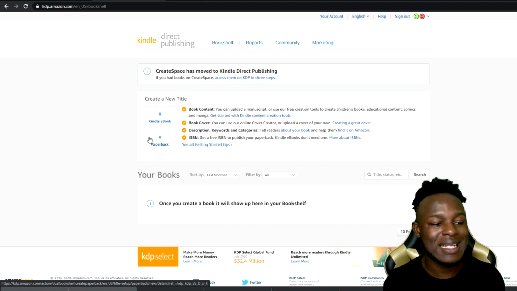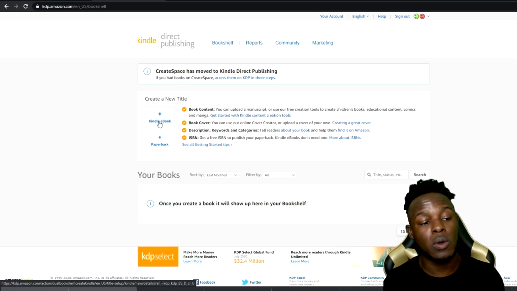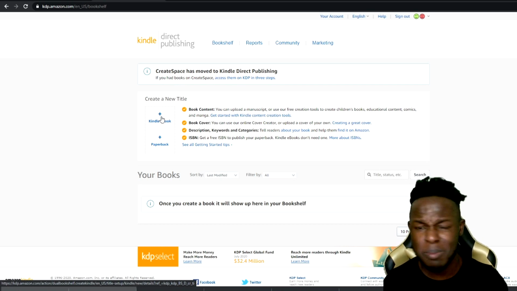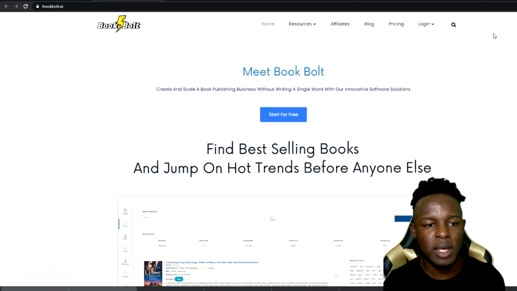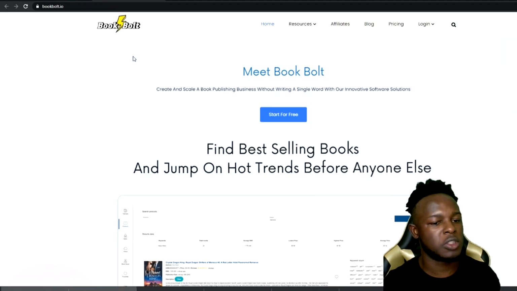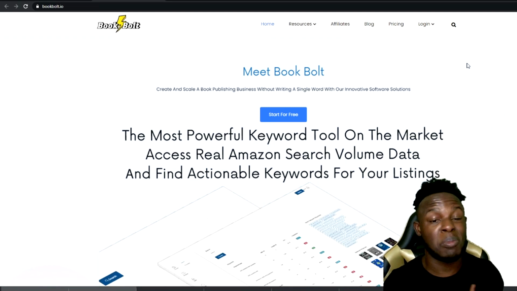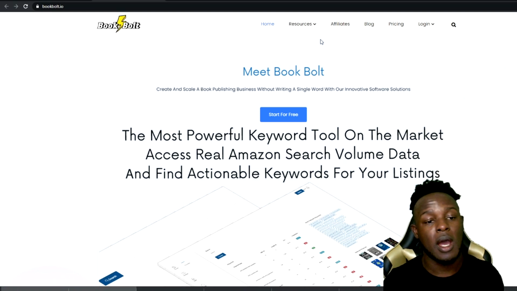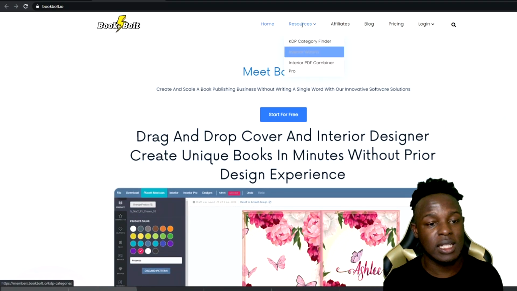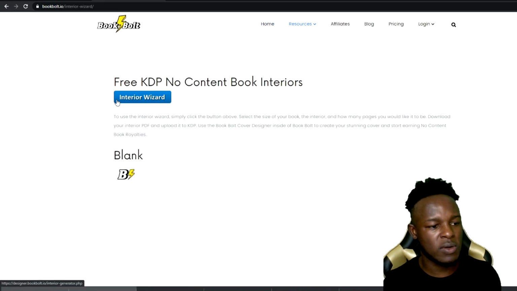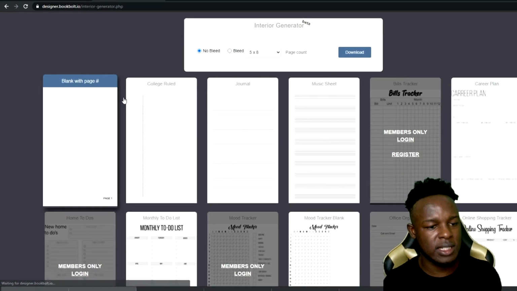Now, going onto the interior, which is the Kindle ebook section here, how to get this is very simple. It's very easy. You get it by going on a site called BookBolt, which you should be able to see here. It's completely free to use. You can become a member, but the free resources are more than enough in my opinion. What you want to do once you're here, you want to click resources, you want to click on interior wizard, and once you've clicked that, you see this screen. You just select interior wizard again here,